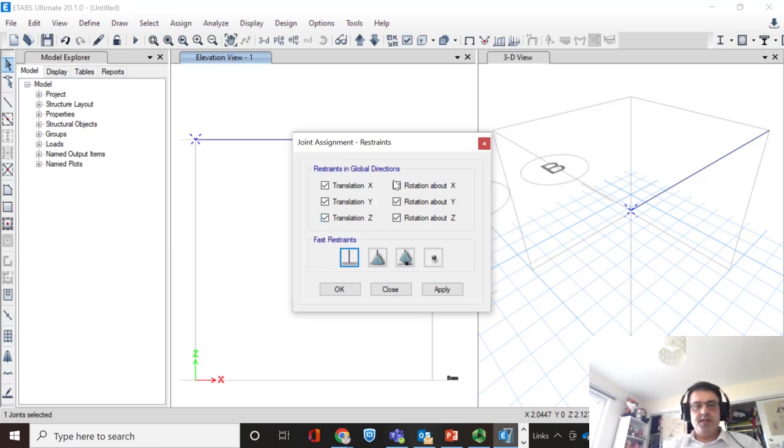So when you tick these all, it means that the point cannot move at all in any kind of deformation axis. This is the translation along X, Y, and Z axis, and these three are rotation about X, Y, and Z axis. So if I press OK,